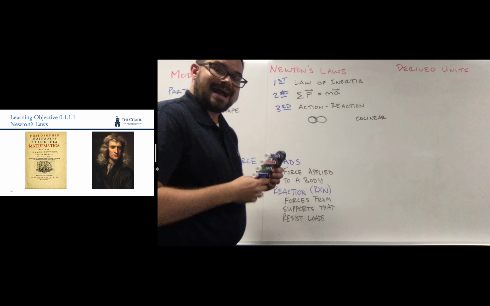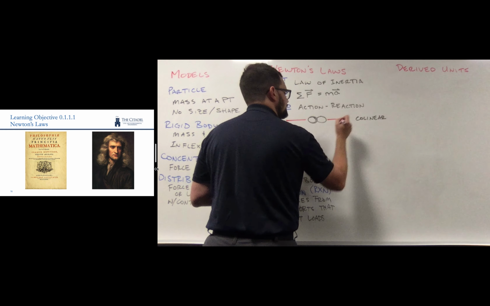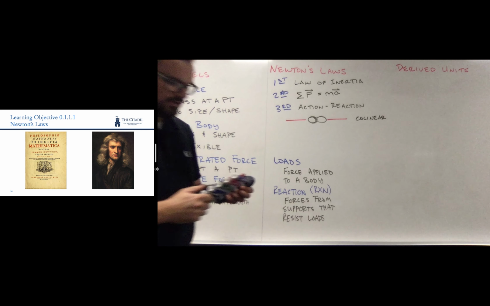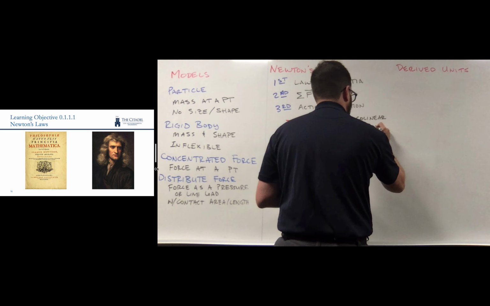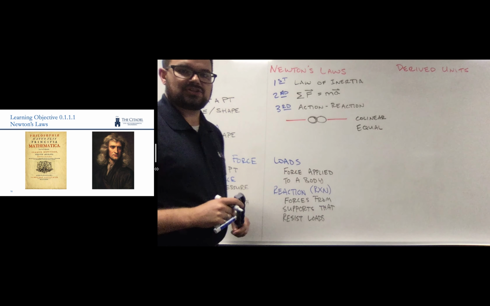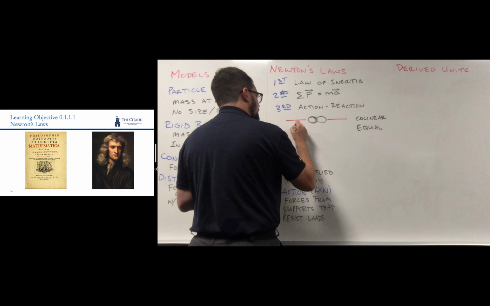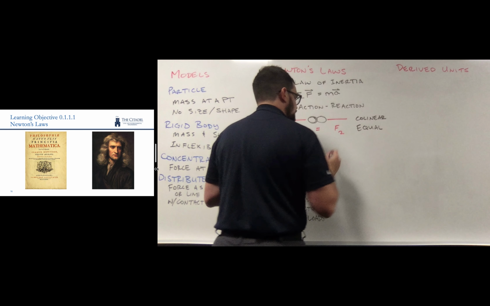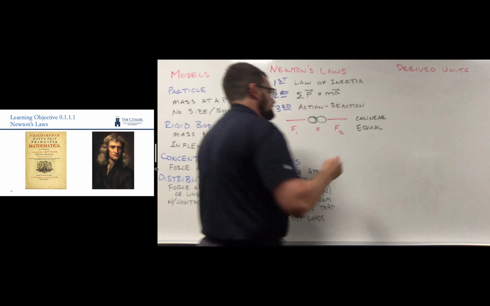Which means that they're going to act along the same line, that action and reaction. They're going to be co-linear, like so. They're going to be equal in magnitude. Hence, I've drawn these red lines that are going to become arrows in just a second. They're going to be equal in magnitude. So F1 is equal to F2. And they're going to be opposite in direction,